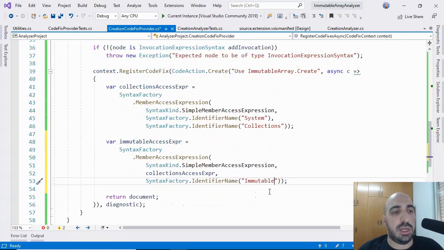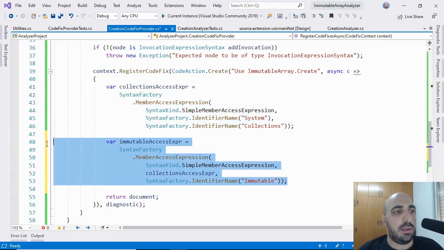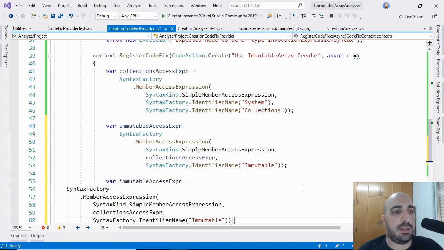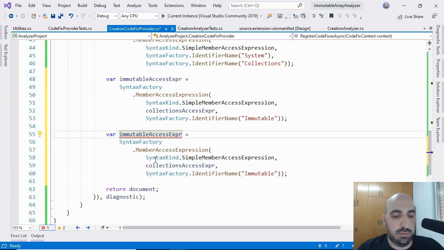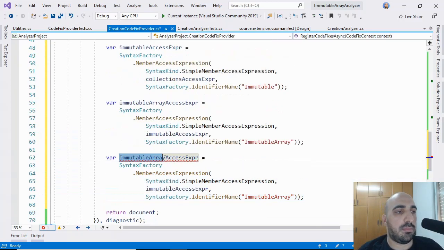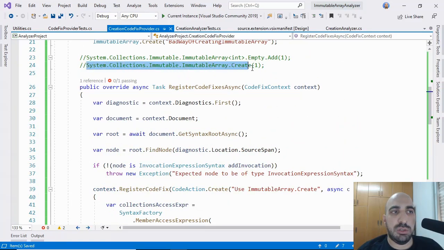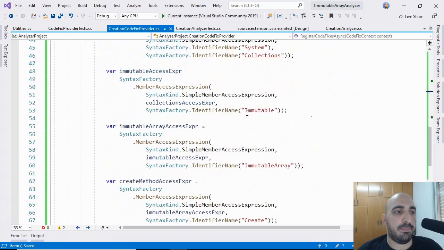Okay, so here I'm accessing the immutable member of this expression here, and do the same for the immutable array type, and the same for the create method. Okay, so this expression here will contain this piece of code, right? Okay,